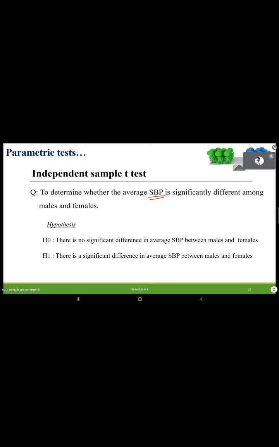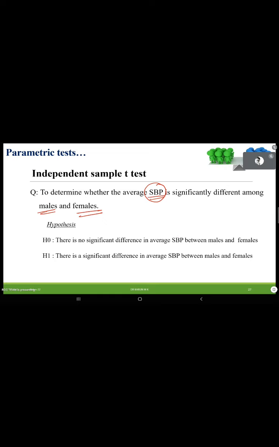Now, first what should I do? Should I directly go to the independent sample t-test option, or before proceeding, should I check something? Can you tell me what I should check? The normality first. Yeah, I think it is Sindhu ma'am, correct. Anyone else? Students? See here, whenever you have a problem like this, first you should check the normality of the variable SPP separately for these two groups, among males and females, whether data follows normality. If data follows normality, you can proceed with the independent sample t-test.